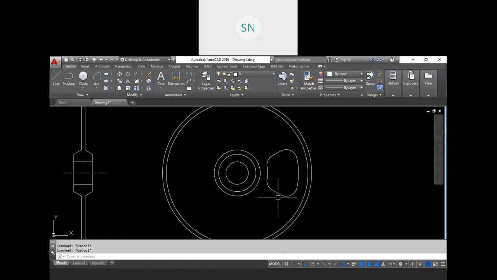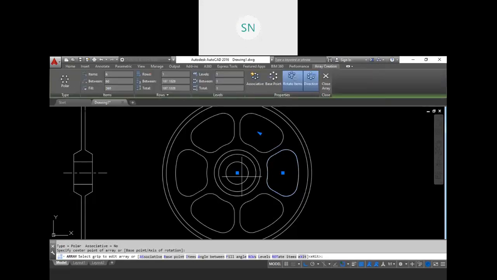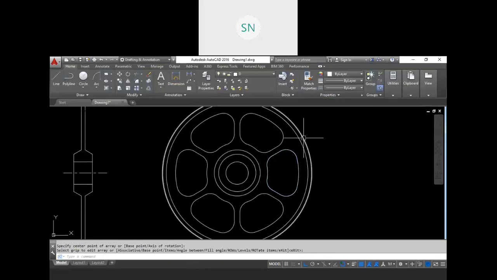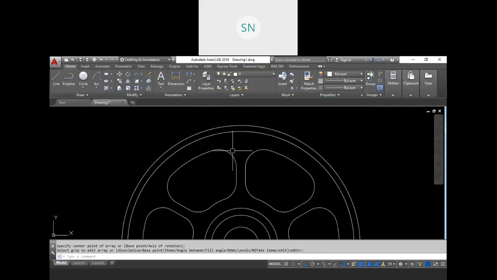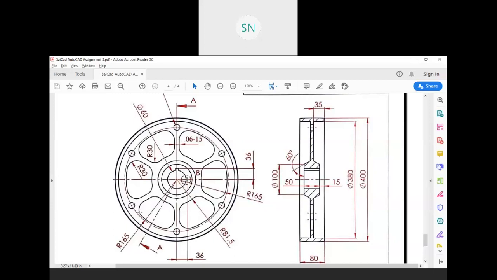Now take array, AR, enter, select your object, enter, polar at this position, and here we have the array, right, with 6 copies. Similarly, holes we have, that is actually at here. See the diameter of that PCD, pitch circle diameter, we have 165 again.